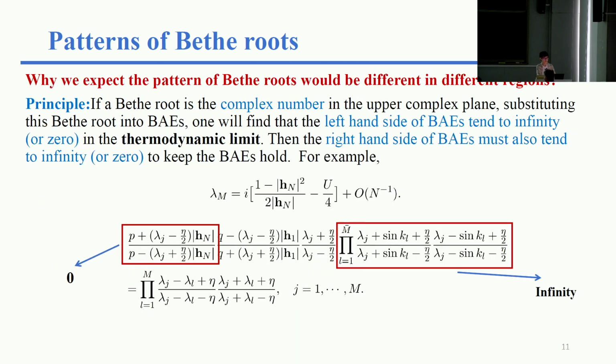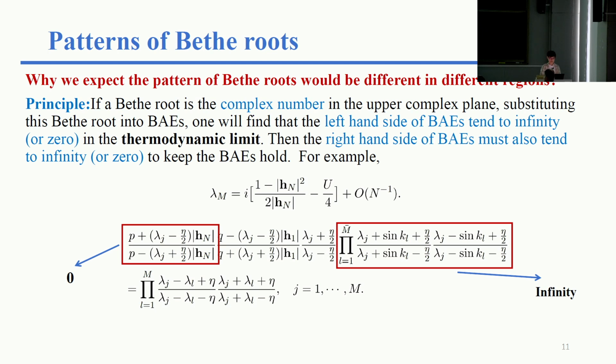So why do we expect the patterns of the beta roots to be different in different regions? Here is the principle. Because the boundary parameters appear in the Bethe ansatz equations, we expect the beta roots can be connected with the boundaries. And we found that under some special boundary conditions, one of the beta roots is a complex number. Then